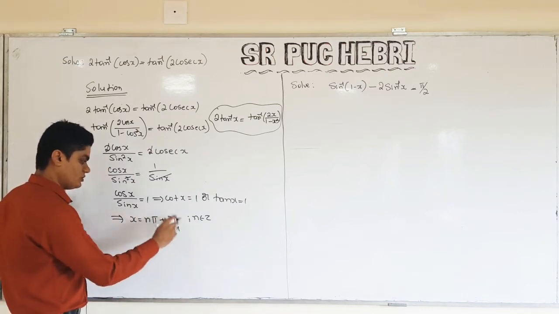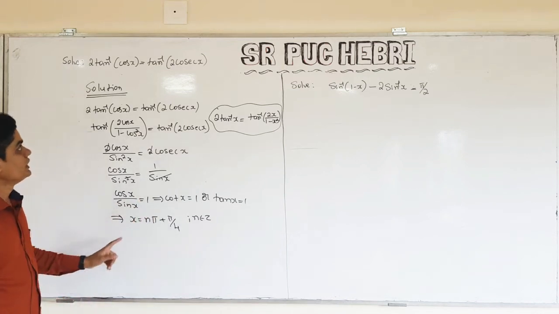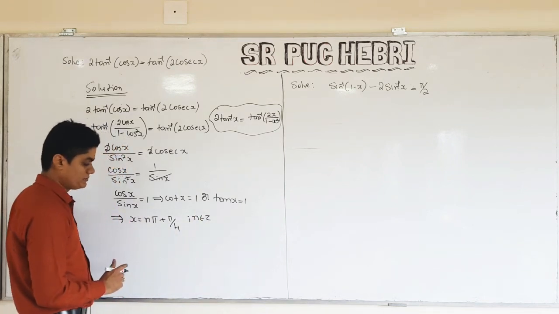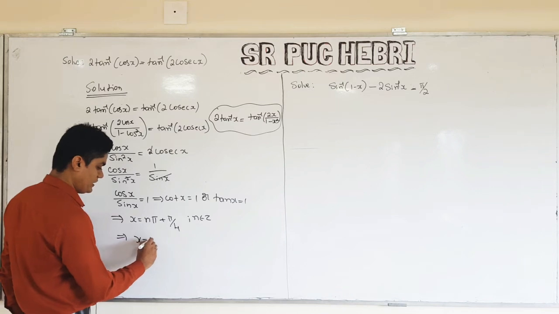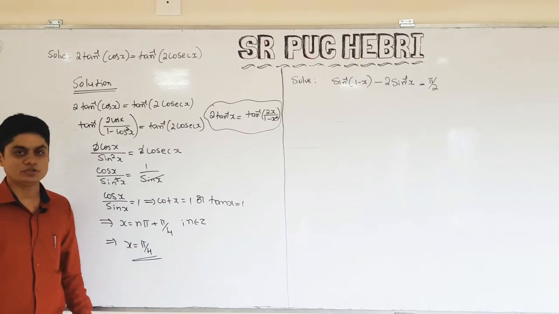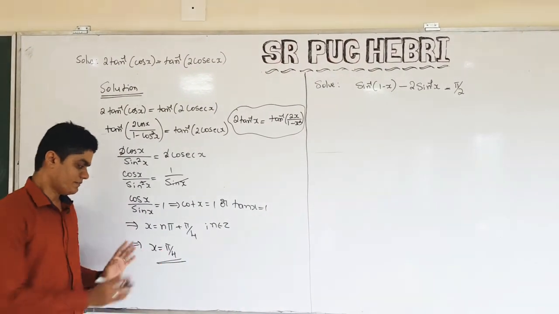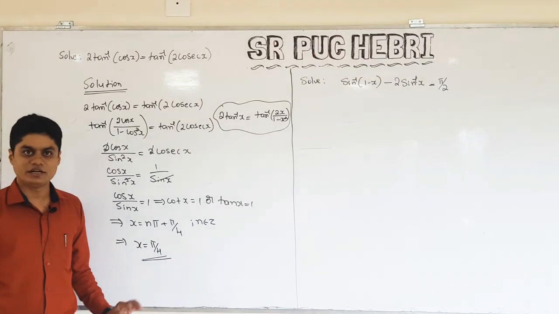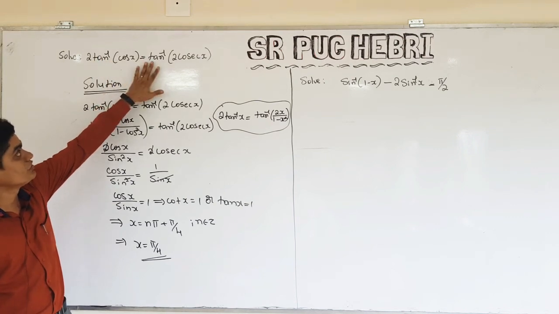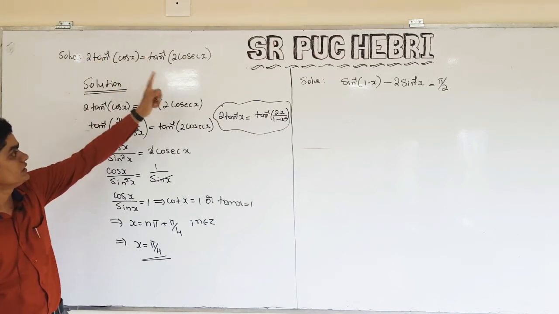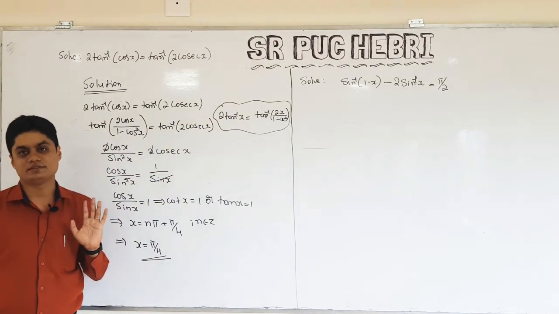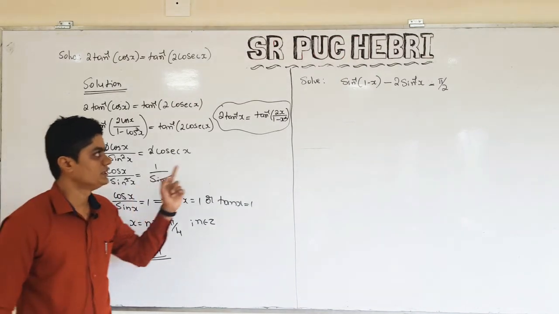Now, are all these values of x possible? No. What is the range of tan? The range of tan in inverse trigonometry is between minus pi by 2 and plus pi by 2. So take the one value which is pi by 4. So the answer for this expression is x is equal to pi by 4. First you write this, then just take one value from this. Understood? Usually you will make the mistake of cancelling tan inverse directly. It's not possible because the coefficient is 1 here and 2 here. Using this formula, make the coefficient on the left hand side 1, simplify, and you will get the answer. Understood? Yes, very good.